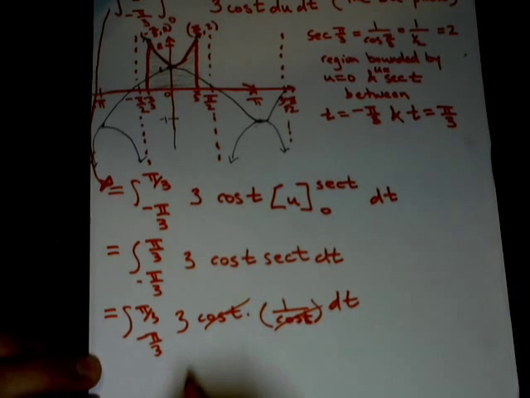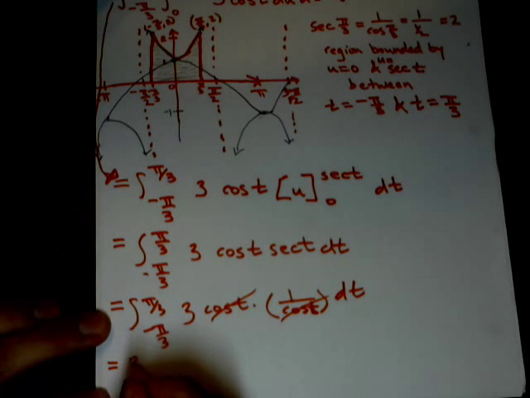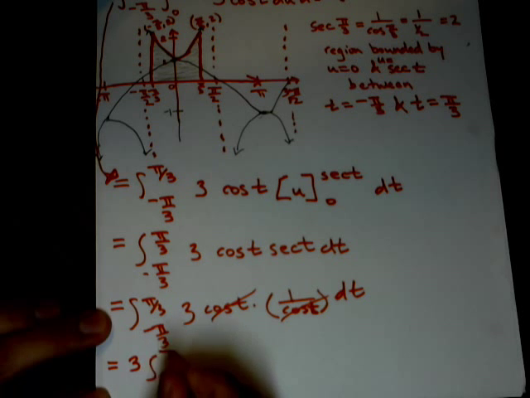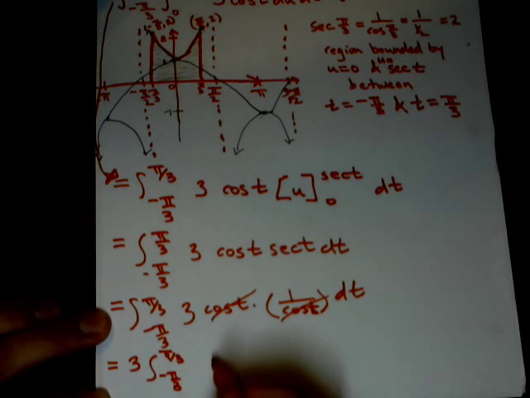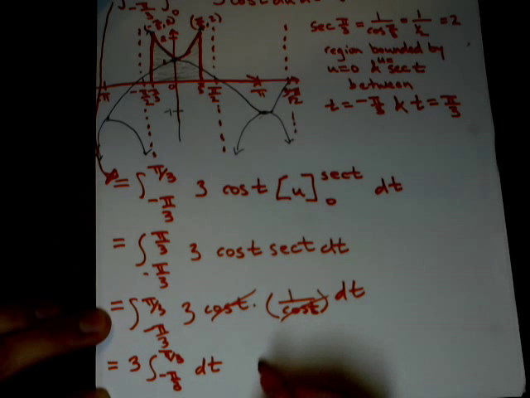So we're left with the simple integral, which is 3 times our limits of integration, dt,